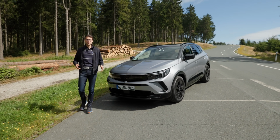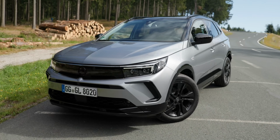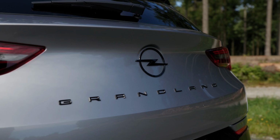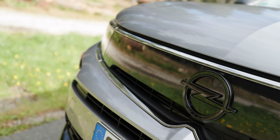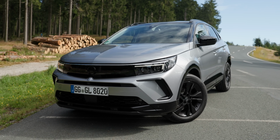The Grandland loses the X in the name, but what does it gain in this new rework or facelift? Let's take a look. Opel Grandland or Vauxhall Grandland, here in the Opel version, but they will be the same, of course. Here, the new Opel Vizor, it's called, like a stormtrooper, kind of closed, some kind of EV look